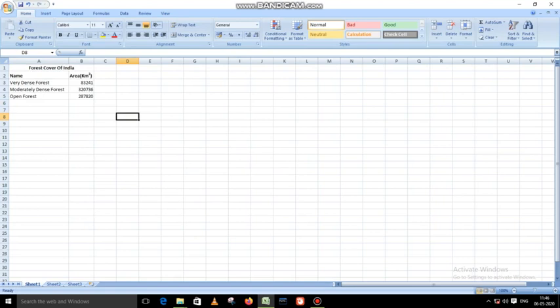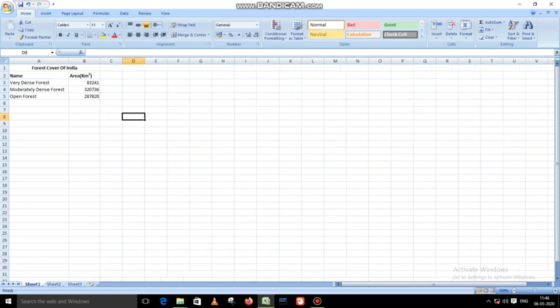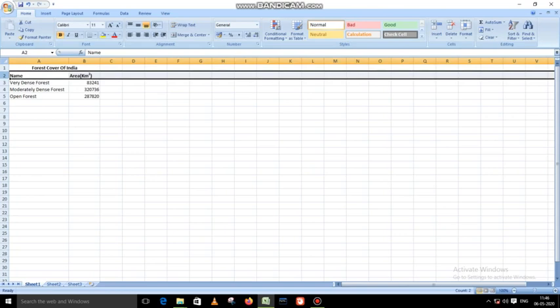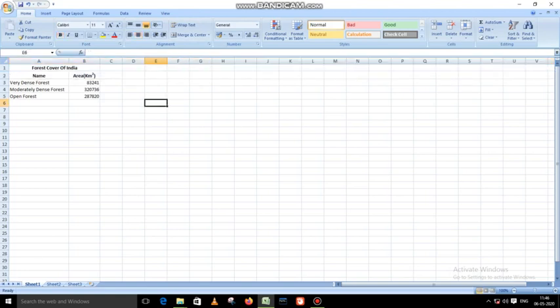Read the question properly. Increase the width of the column a little bit. Now click on the name and then click on alignment, right align. Suppose it is right align, then center align. Click on the cell, then click on the alignment button.